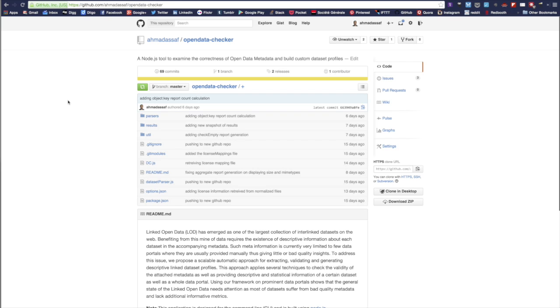In this short screencast, I'm going to present Roomba. It is a Node.js command line tool aimed at examining the correctness of open data metadata and building custom dataset profiles. This is the main GitHub repository where you will be able to locally clone